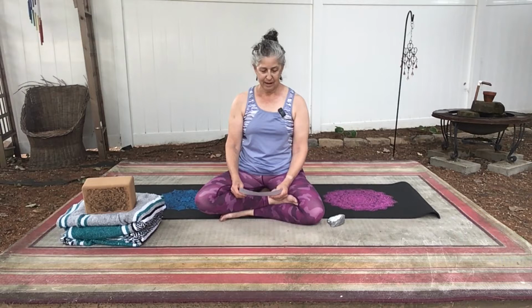This particular practice focuses on the spleen meridian. When the spleen meridian is out of balance, or the spleen itself is out of balance, we tend to worry more. My guess is a lot of us have a spleen that is out of balance these days. And as you're just breathing and beginning to let go of whatever came before you sat down on your mat,